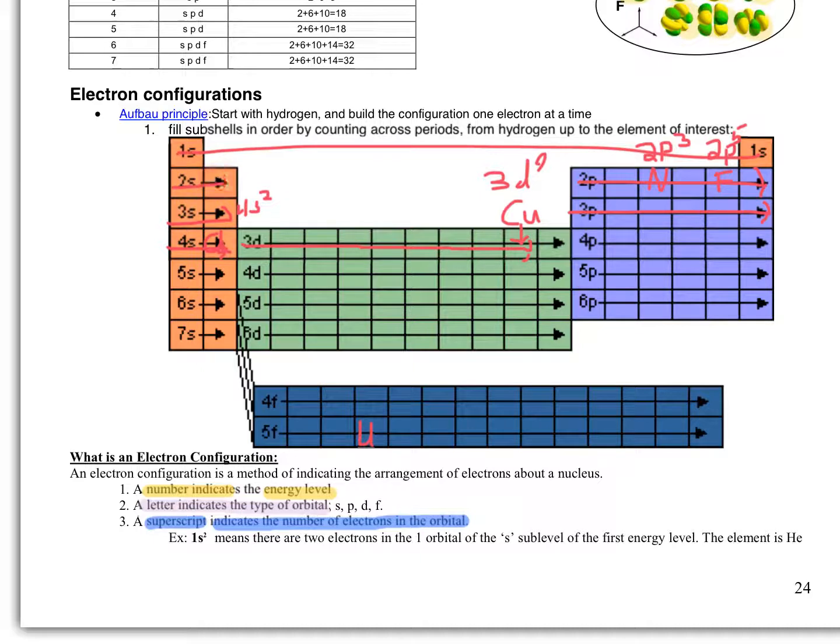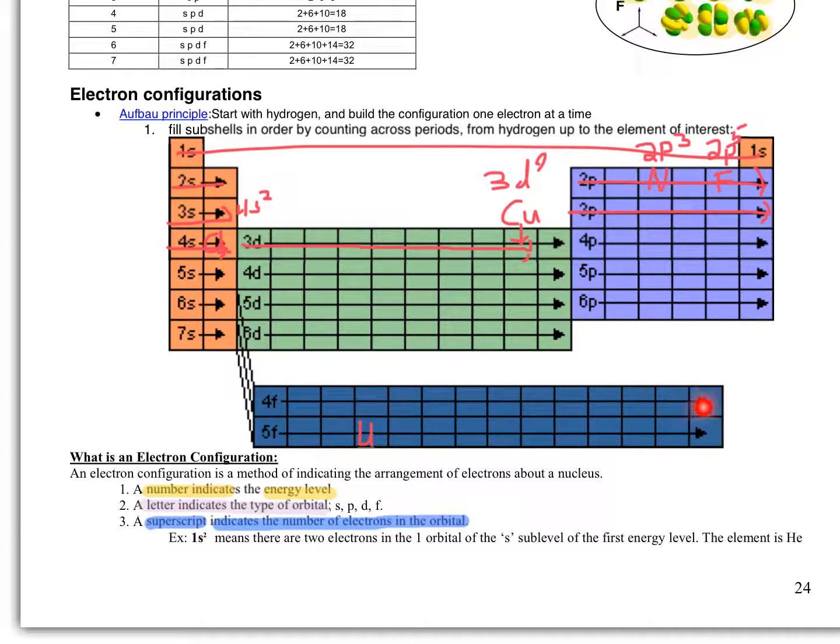1s2, 2s2, 2p6, 3s2, 3p6, 4s2, 3d10, 4p6, 5s2, 4d10, 5p6, 6s2, and notice, this chunk of the periodic table was taken out because it would make the periodic table way too long and very difficult to print. So this whole chunk actually falls in between 6s and 5d. So we go 6s2,